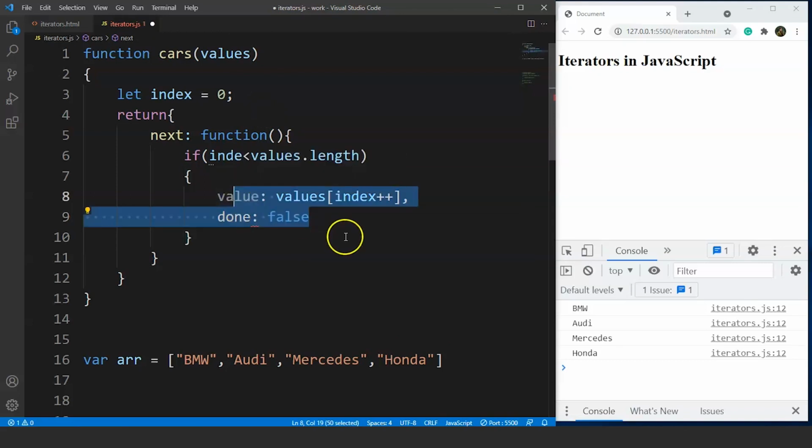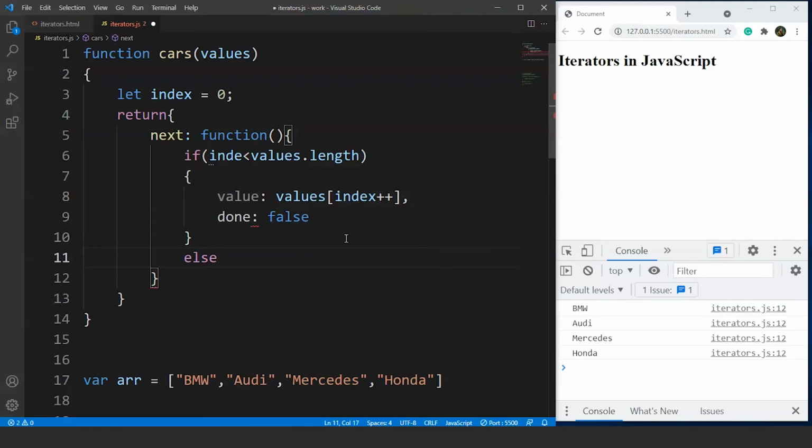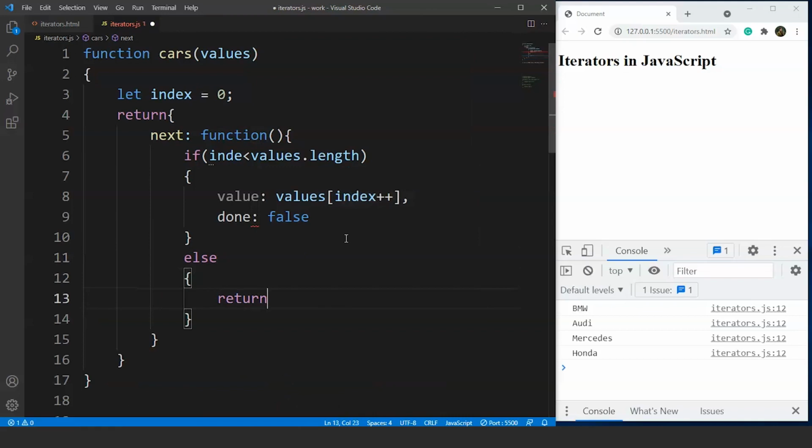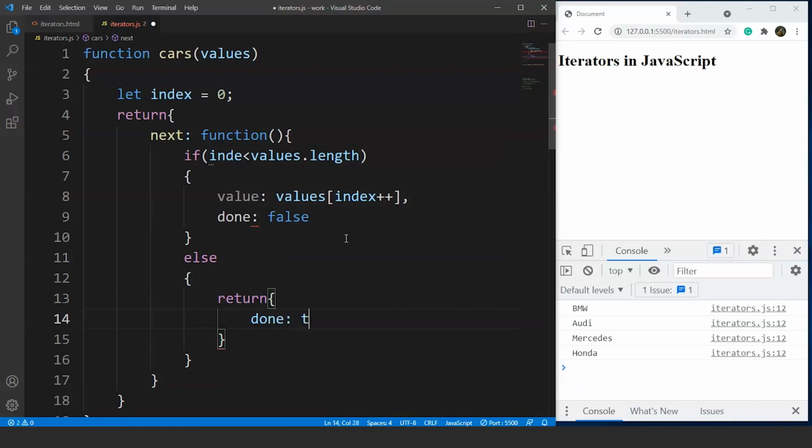We can write anything other than done here as well. The program will work totally fine. It's not that we have to follow specific rules in iterators. We can also write end or reachedEnd in place of done. That's up to you guys. So let's include the else part as well. We'll write here else, and then we'll write here return, and we'll write here done as true.